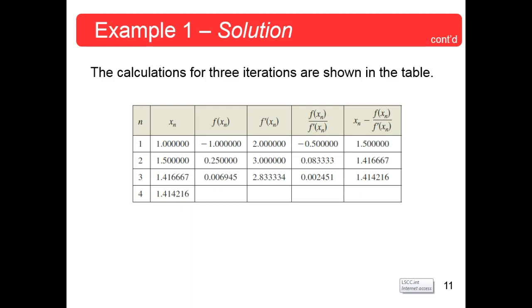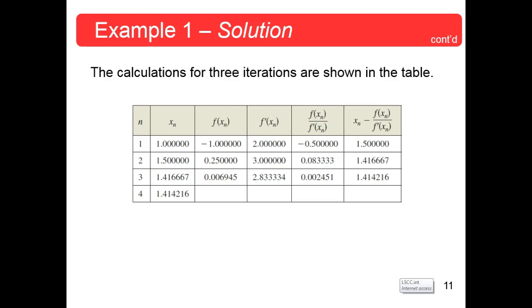Plugging that in to your x sub n, f of x sub n was 0.25, which you got, divided by f prime, which is 3, which you got, and that ratio, as Tarika was telling us, was 0.08333333, and when you do the subtraction there, to more digits than we had,